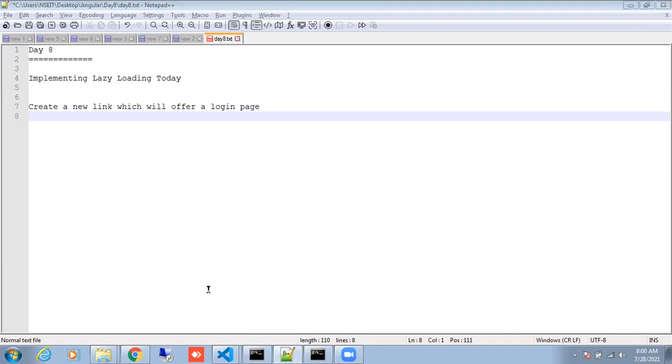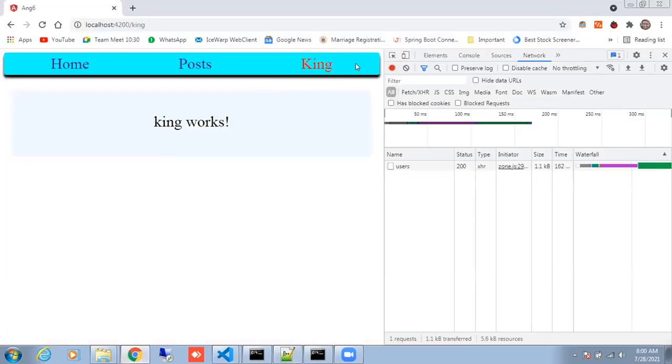Okay. So there will be a new login link here. After we click, that component should get opened, right? Yes. It should have a username, password, and button. That's it. I'm not expecting the username, password, and submit button to be in a working case. I just want to display the dummy. That's okay. But the main intention is to enable lazy loading. Are you clear? Yes. Yes, Saket, are you clear? Yes. Okay, so you can stop the screen now. Everybody, I'm sure that you all are clear. Please go ahead and make it happen and let us know.